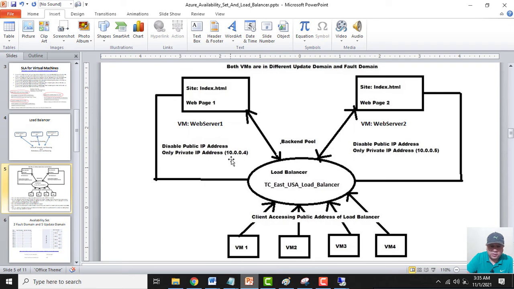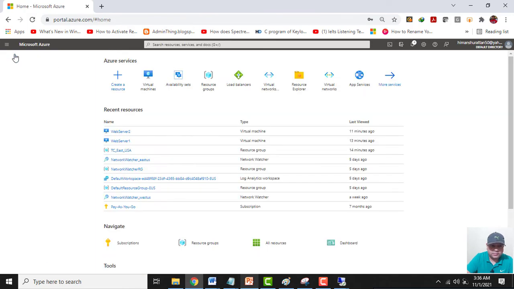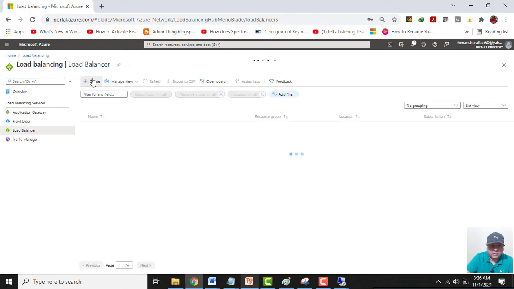Now what I will do, let me create one load balancer, and after that I will be disabling the public IP address of both the VMs. To create a load balancer, go to Home, click on Load Balancer, click on Create.